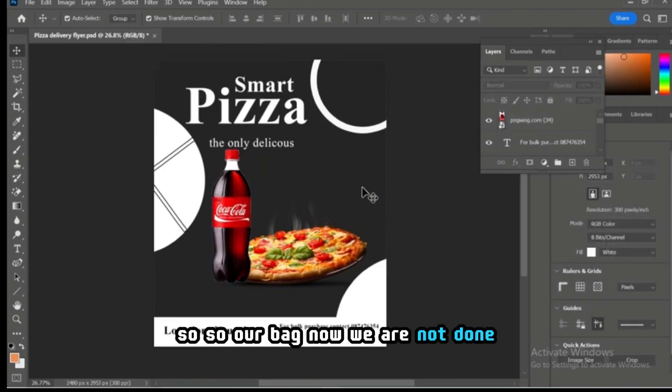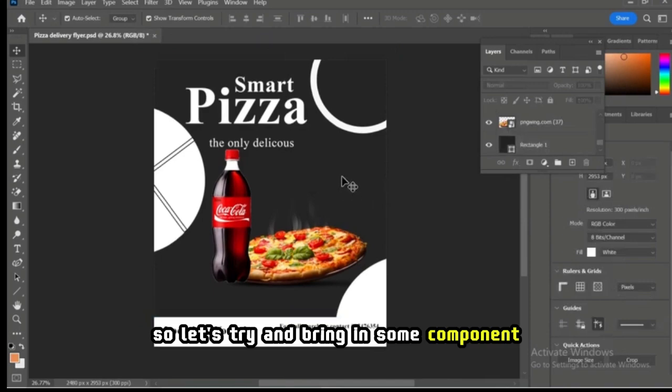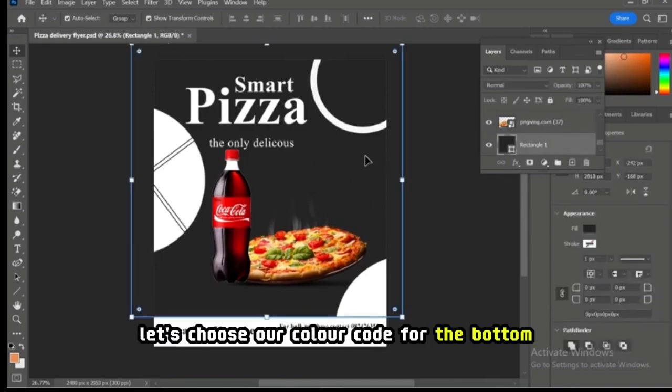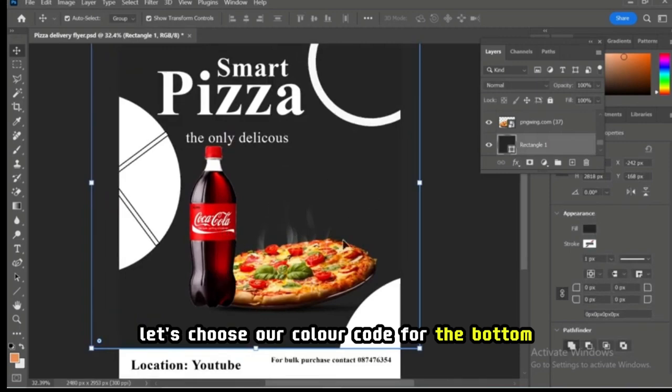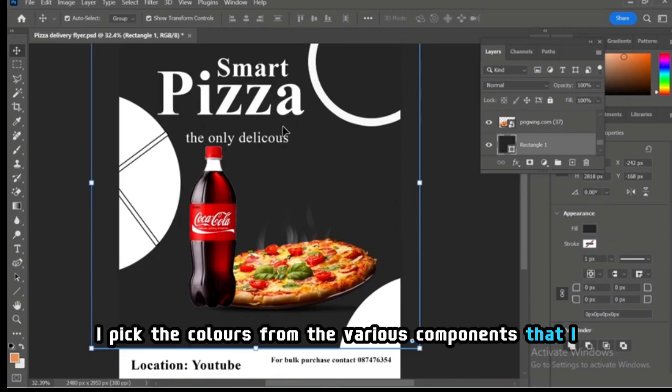So our background, we are not done. So let's try and bring in some components, but before that, let's choose our color code for the background. So what I normally do is I pick the colors from the various components that